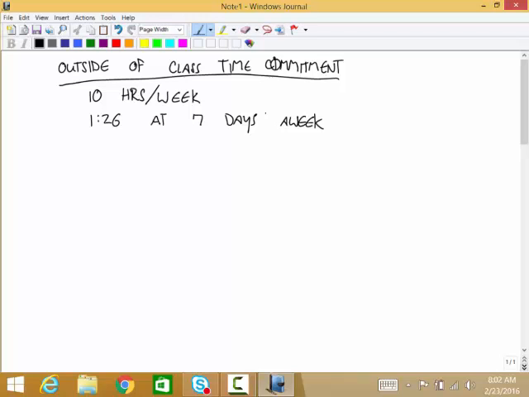If you miss one day, which is pretty common, you're busy people, then on the other 6 days, that's 1 hour 40. If you miss 2 days, that's 2 hours. If you miss 3 days and you do it all in 4 days a week, I know you guys have a lot of commitments, but you have to make up those days you miss, and that's 2.5 hours a day if you do it 4 days a week.